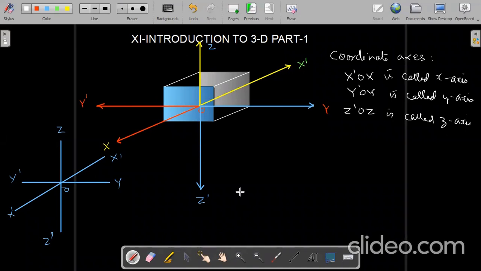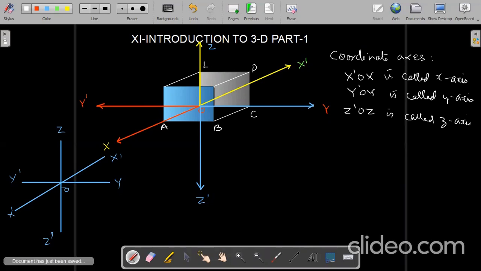But here maybe you are getting somewhat confused, because when you see this whole cuboid, here A is on x-axis, B is on the xy plane, and C is on y-axis, and D is on yz plane,